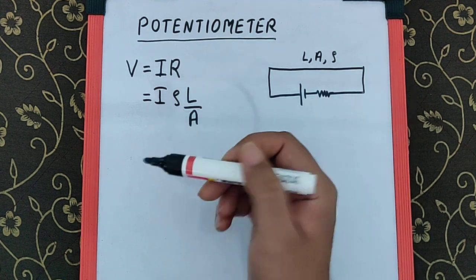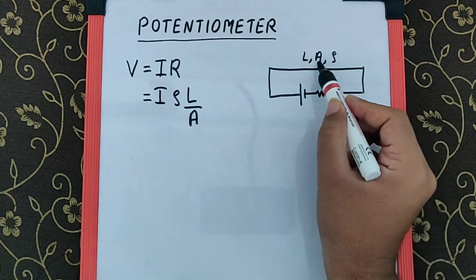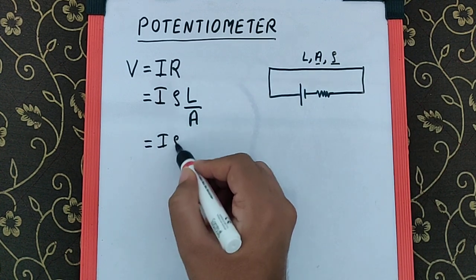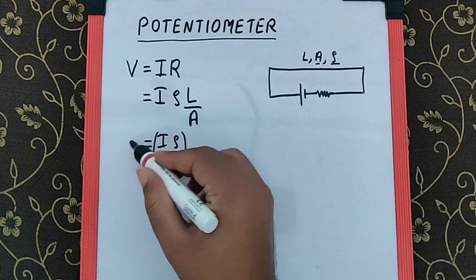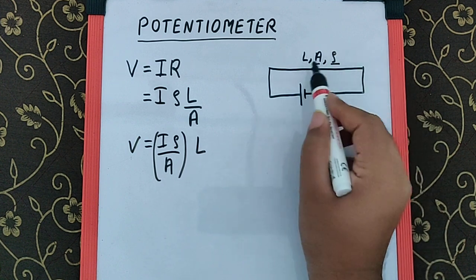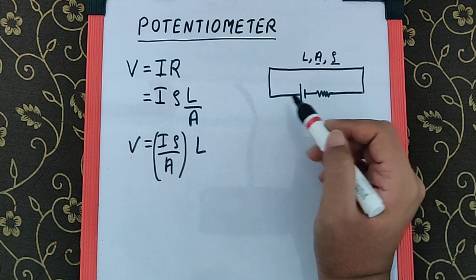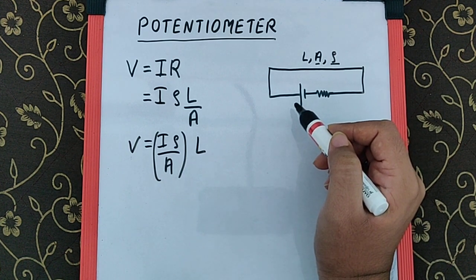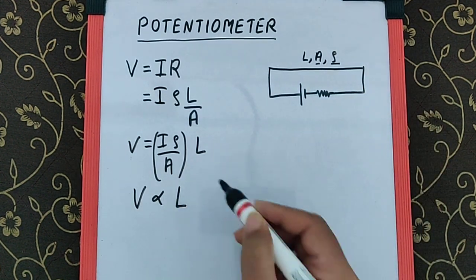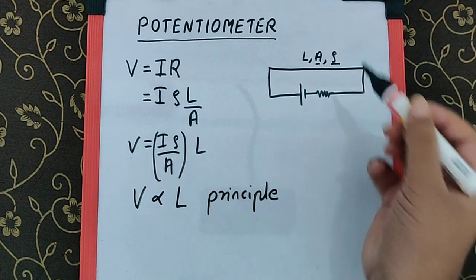material. Now what if I tell you that I have a method where I keep the area, resistivity and current constant and try to measure the potential difference across any 2 points of this wire with the help of its length? Isn't it going to be very easy for you to measure the length practically and then accordingly measure the potential difference? Yes, that is the principle of potentiometer, where we have a wire of uniform thickness, so uniform area of